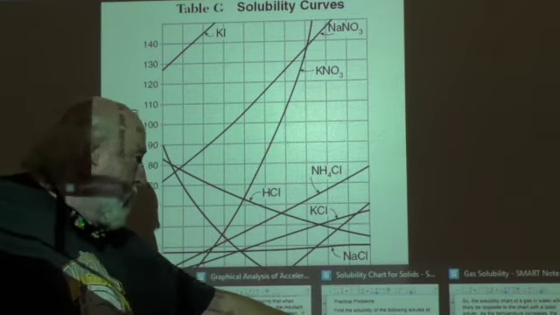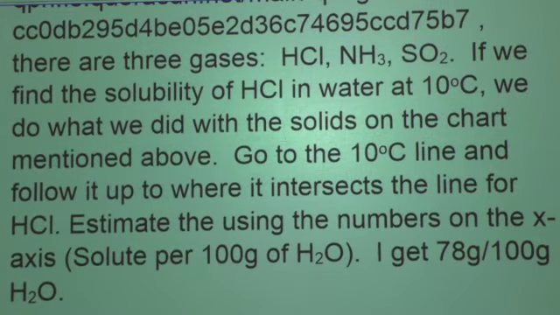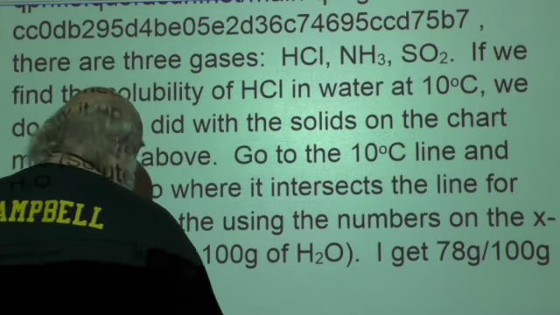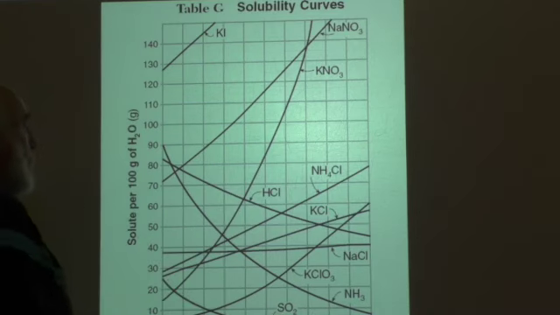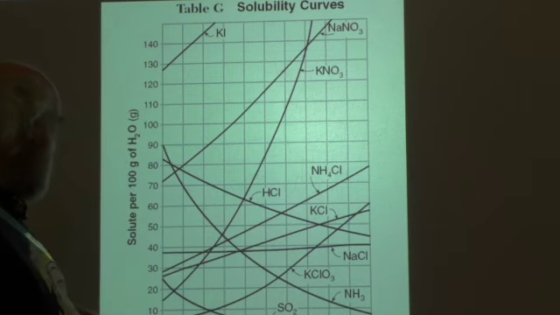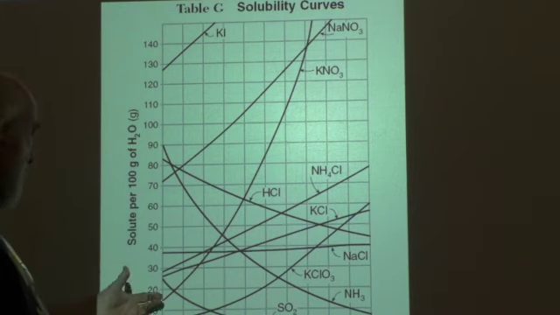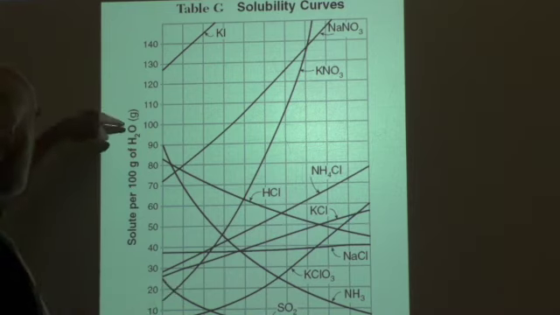Okay, so let's suppose we want to find out the solubility of HCl in water at 10 degrees Celsius. HCl, 10 degrees Celsius. So HCl is right here, and at 10 degrees Celsius, it's right there. And that looks like it could be maybe 23, 24, somewhere around there, grams of HCl dissolved in 100 grams of water. So the label will be then,